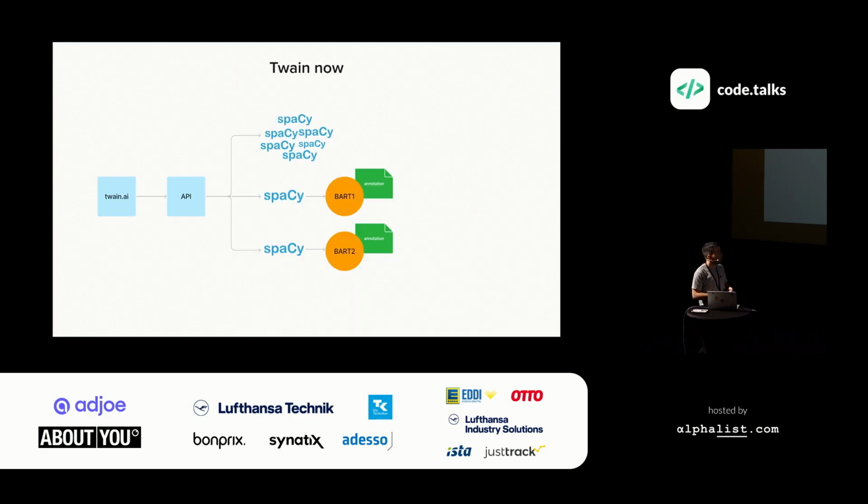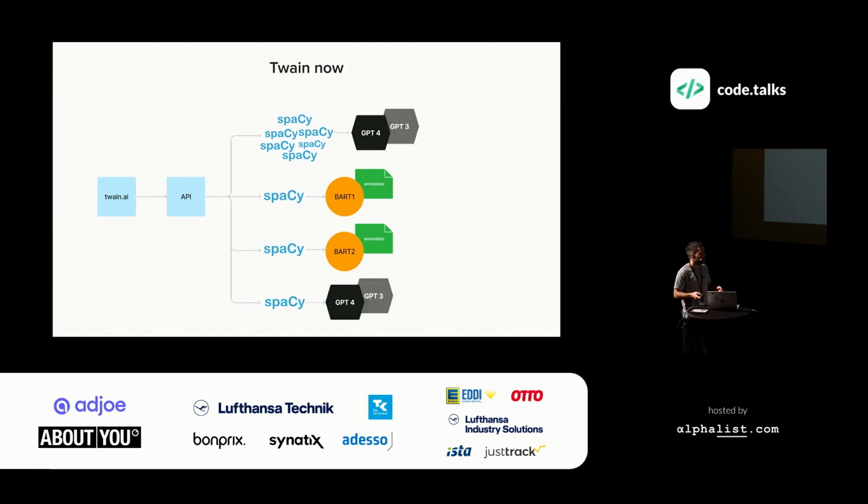So that's why, as I already mentioned, we decided to enhance Twain with some GPT. How can you do this? Something is really straightforward. You can have new features, like I already mentioned, generating subject lines. You have a spaCy rule: once again, this text doesn't have a subject line, and then we generate it with GPT.